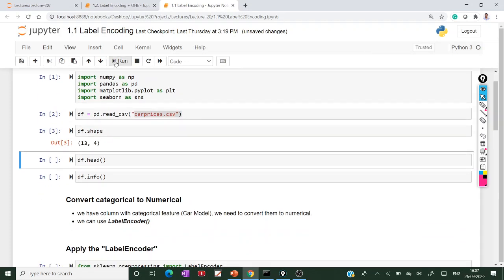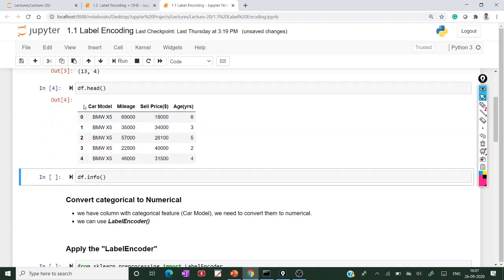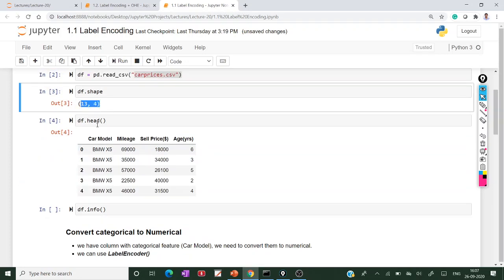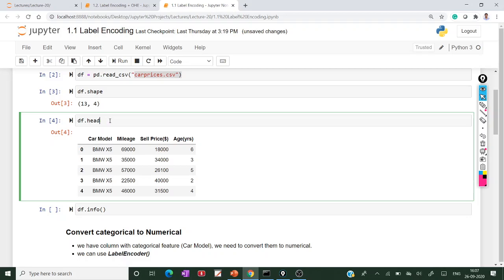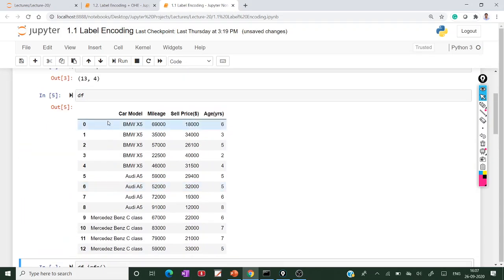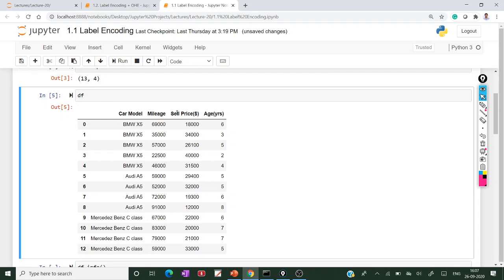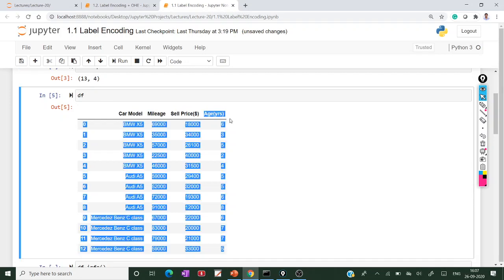My data will be 13 rows and 4 columns. Total 0 to 12 means 13 records, 13 observations, and 4 columns: column 1, column 2, column 3 and column 4.